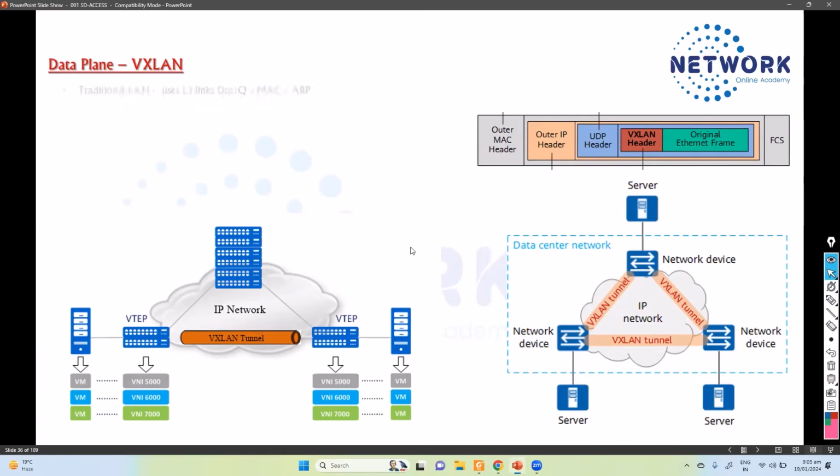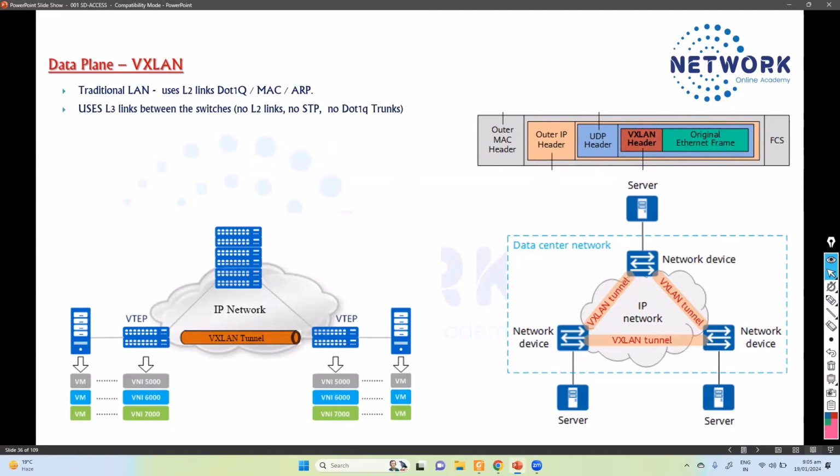If you talk about the traditional layer 2 networks, they use .1q encapsulation. We know this: we have switches, and then we have .1q encapsulation, which will carry the VLAN traffic from one switch to another switch. But this is only spanned on the layer 2 links, but not on layer 3. So with the help of